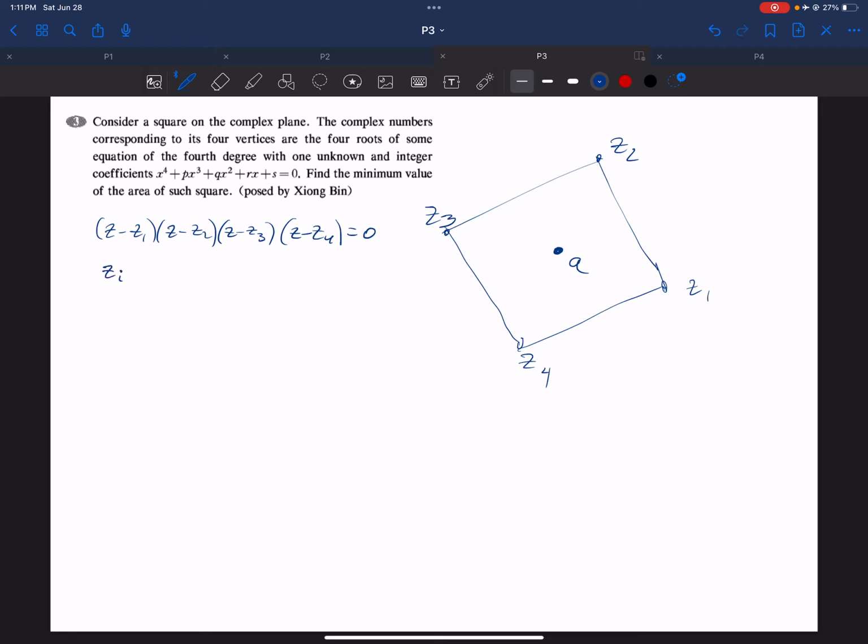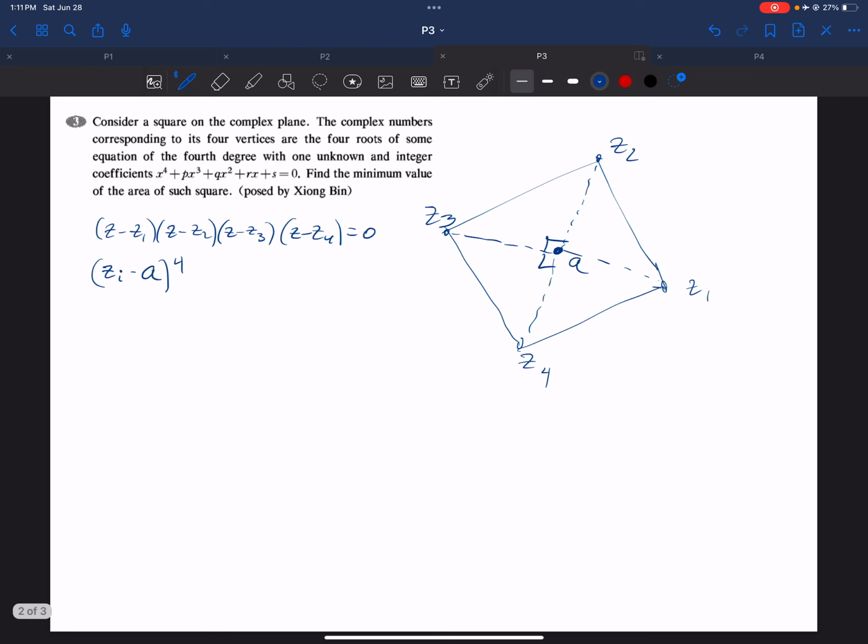Zi minus A, they all have the same length but different angle. And in fact, their phases differ by 90 degrees. Okay, so if I consider Zi minus A to the fourth power, then this difference in phases will disappear. So then it means that the equation they are satisfying